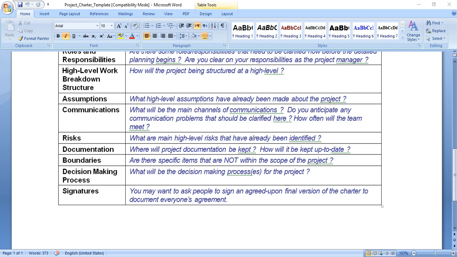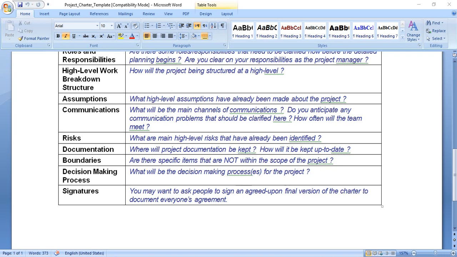Boundaries: are there specific items that are not within the scope of the project? Some items are not a part of the scope of the project. This we call boundaries. We have to mention this in this part.